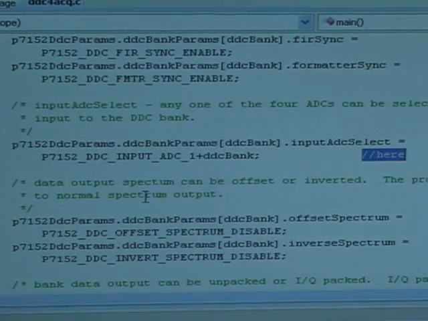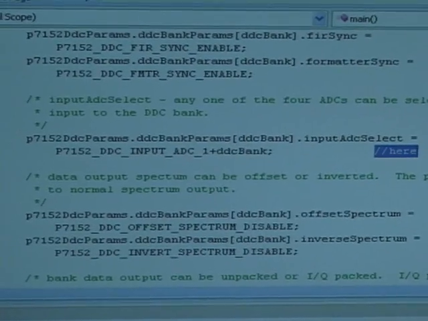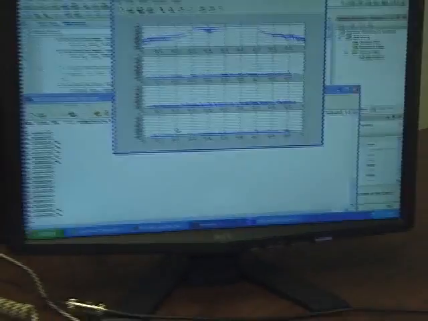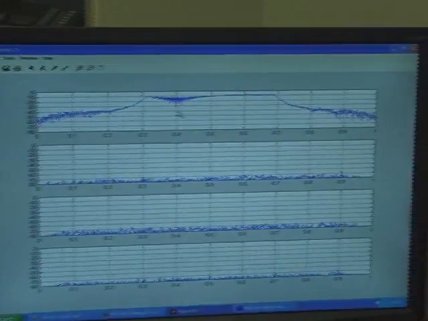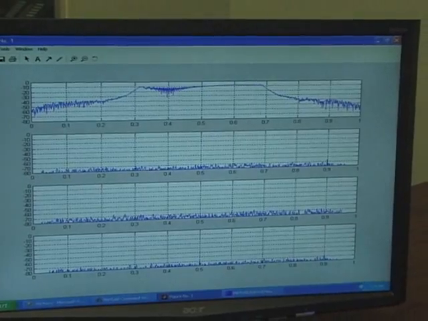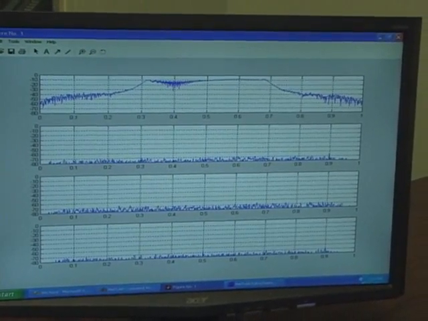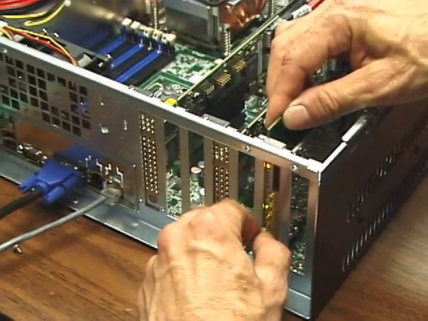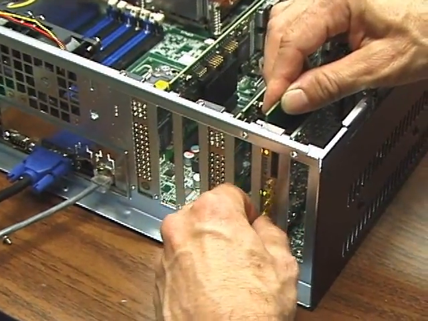Now, I only have one ADC number 1 hooked up, and when I run this code, this MATLAB script, what happens is you see that only 1 channel has data in it because we're not driving the signal to the other channels. If I go to the 7852 and apply the signal to the second ADC channel,